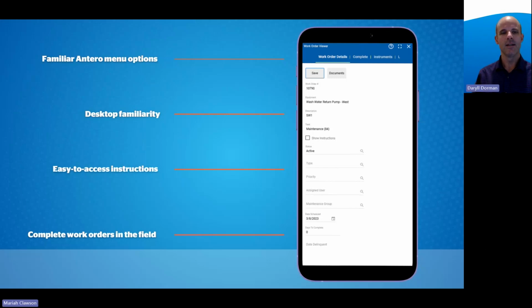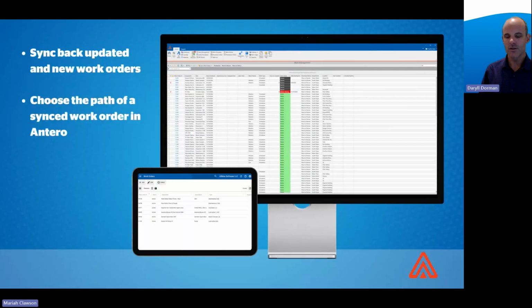Now, what we added in the desktop version of Antero is that there's a way to sync those current work orders that you want to check out. I'll show you again in real life in a minute, but you can see here on the picture too. When I sync those work orders, they have a gray synced status, and that lets you know that those are being worked on in Antero Mobile, so you can't make double changes of what's happening in the